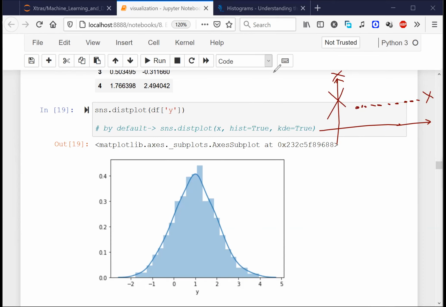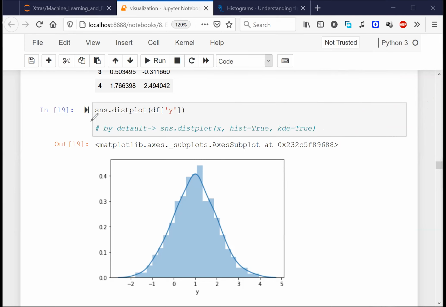Yes, y is constant, Kundan. Or you can also say that y has no variance. Every data point is at the same point on the y-axis. But if you see x, the data spread is a lot. The data is spread from here to there. So there is a lot of variance on the x-axis, but on the y-axis, there is no variance.